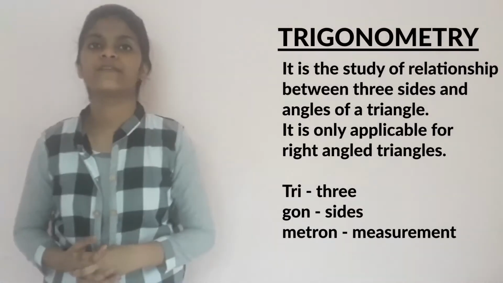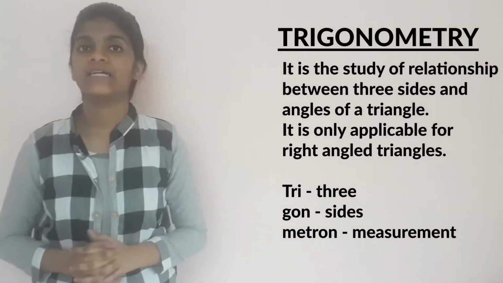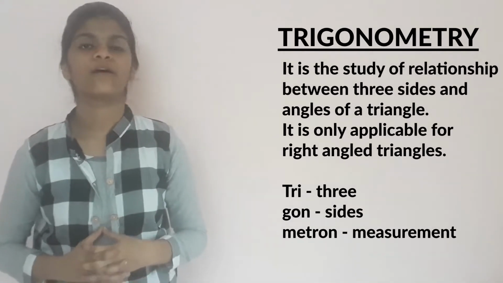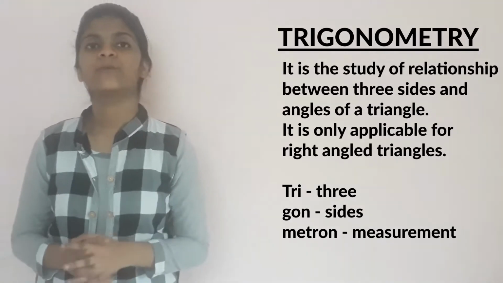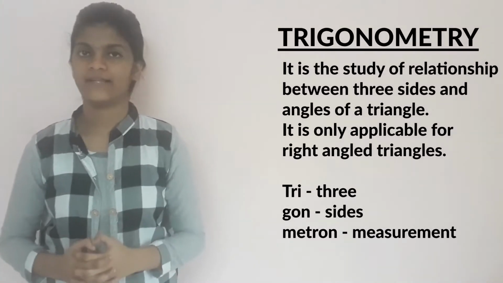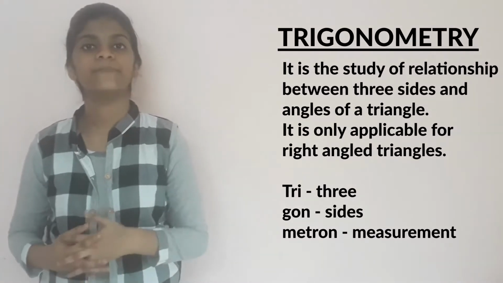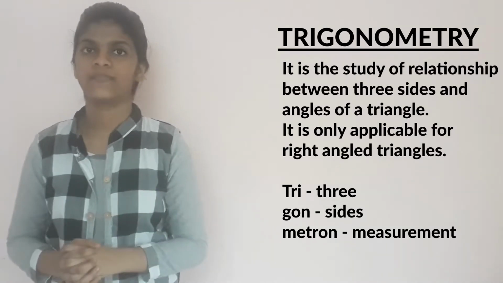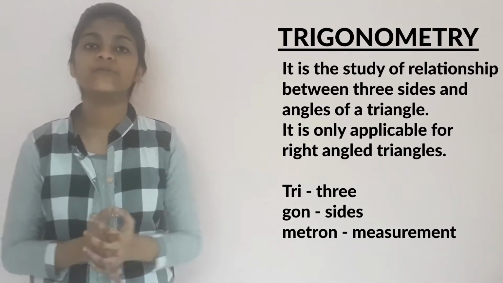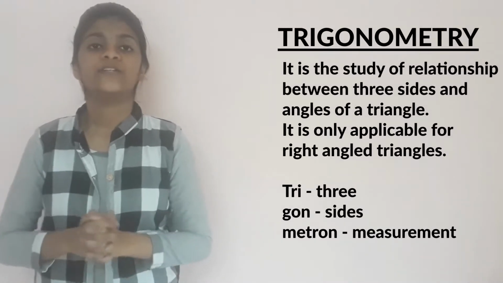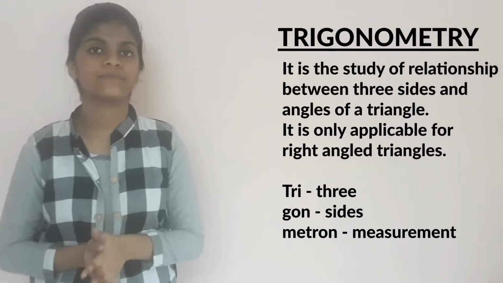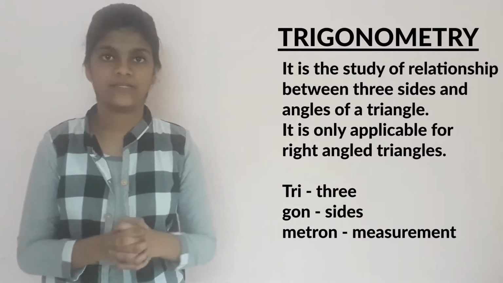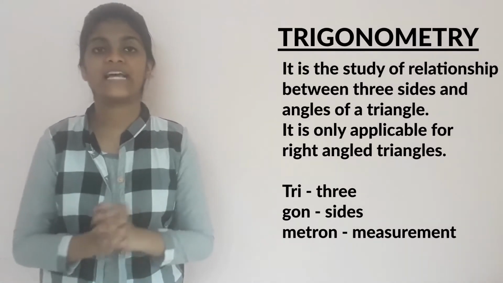Trigonometry is the study of the relationship between the angles and sides of a triangle. As you know, it's only applicable to right angle triangles. The word trigonometry derives from Greek, that is, tri means three, gon means side, and metron means measurement. Together it is trigonometry. Earlier, astronomers used the aspects of trigonometry to measure the distance of stars and planets from the Earth. And even now, many advanced methods in engineering and physical science are based on the aspects in